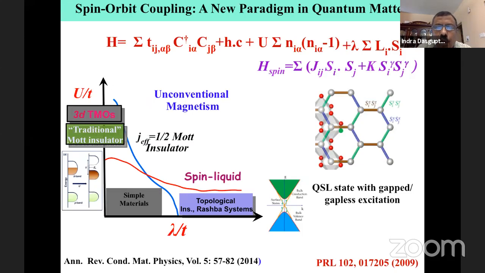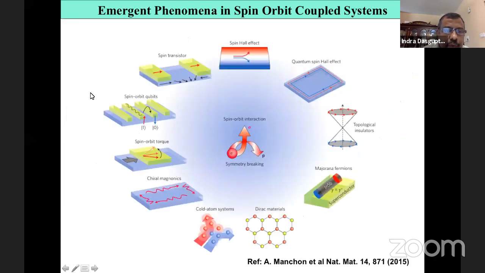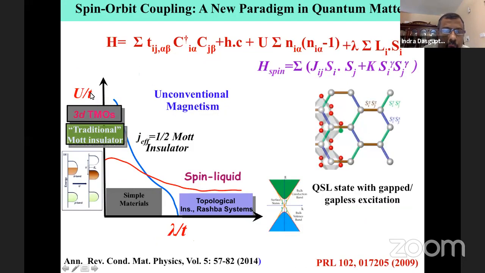Well, so spin orbit coupling essentially brings in a new paradigm in quantum matter. And what is this? So for example, let us look at this figure. This vertical axis is something with which we are all familiar, where the Coulomb interaction dominates the hopping. And this is the regime of 3D transition metals, where we essentially have the traditional Mott insulators. And doping these transition metal Mott insulators results in the physics of high TC